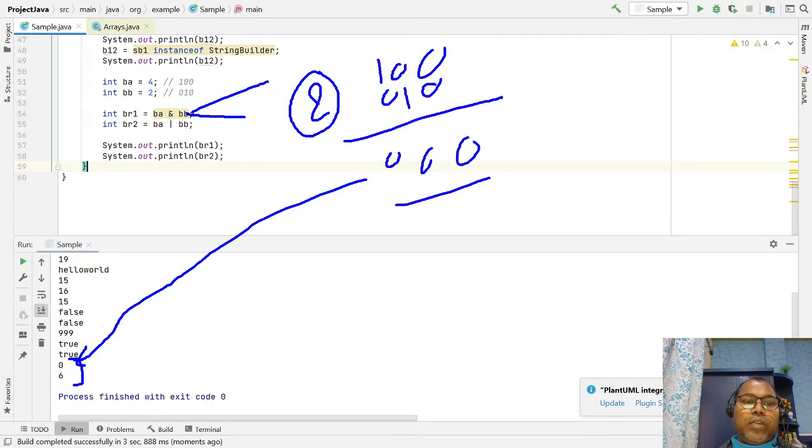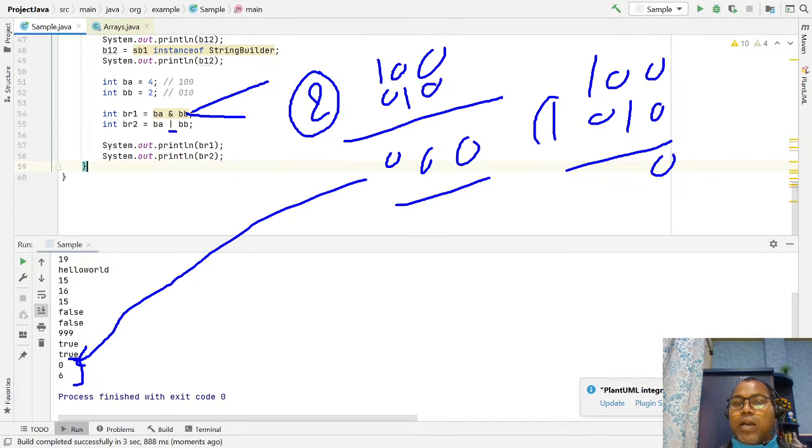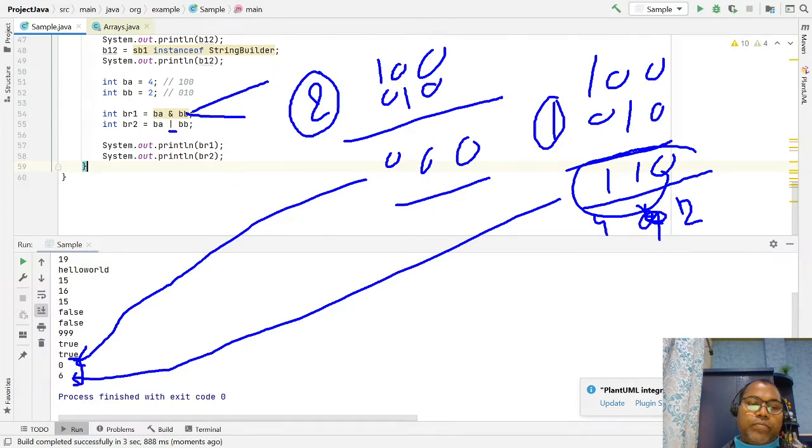Okay, now this is the OR, say 1 0 0, and we have 0 1 0, and if you apply bitwise OR you are applying 0 0 0, this OR says any true is true, anyone true then true. So this is your 1 2 4. Sorry, this is 1 2 4. So 1 to 4, this is the one number, two number 4, so this is 6, this is your 6. Okay, so this way it works.